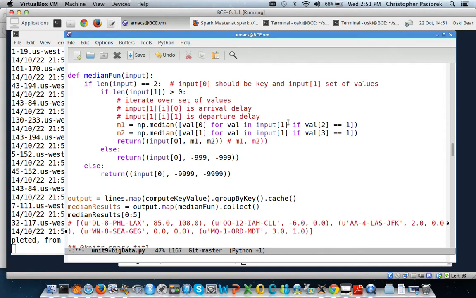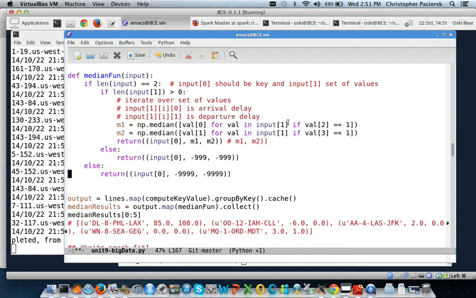So this is this list comprehension in Python that, if you haven't seen it, that's fine. I don't know if Jerry mentioned it, but it's just Python syntax for doing an lapply. So I need to work my way through all of these. And for the second element of val, val is sequentially going to be this, then this, then this. So for the second element, which is actually the third element because